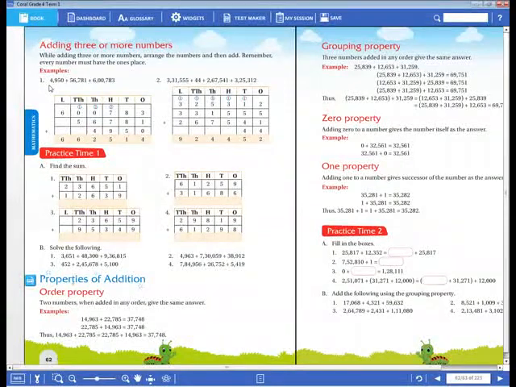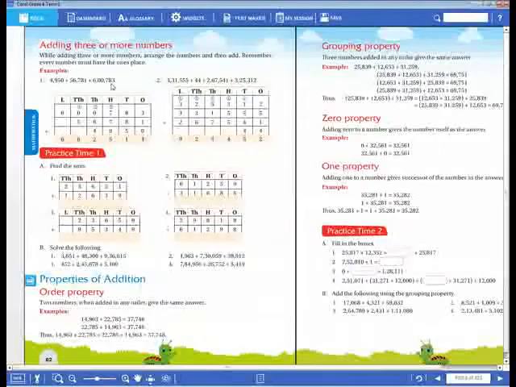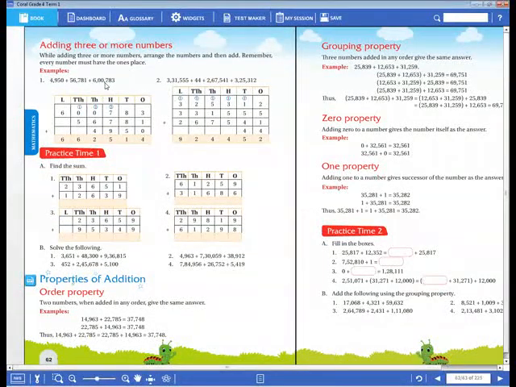See here, 4,950 is one number, another number is 56,781, and the next number is 6,783, given to you. Then how do you keep them? Here is a 6-digit number, here is a 5-digit number, here is a 4-digit number. How do you have to place the numbers in the given place values?